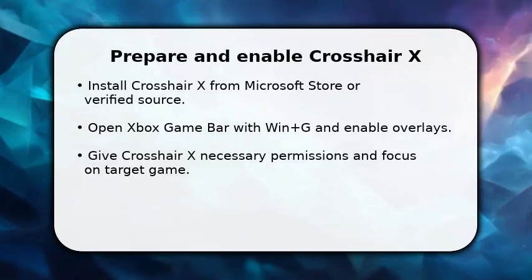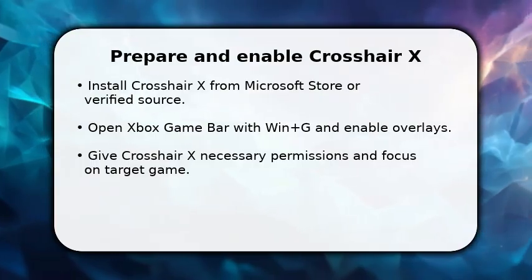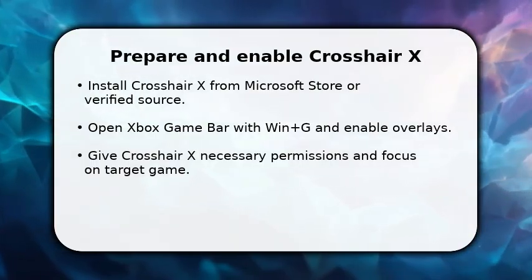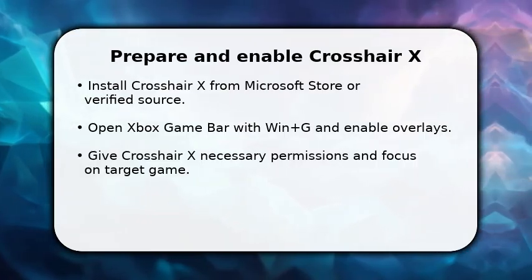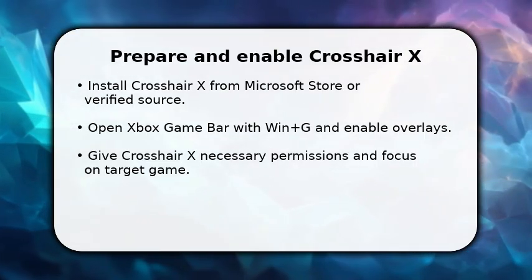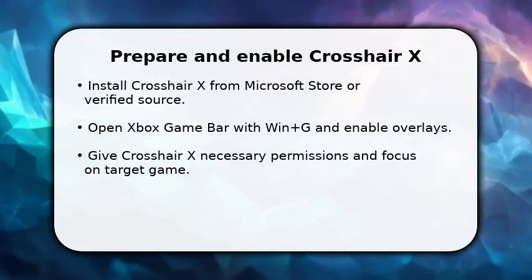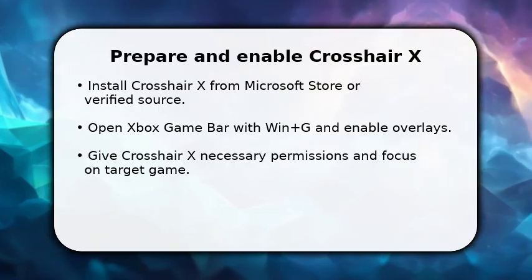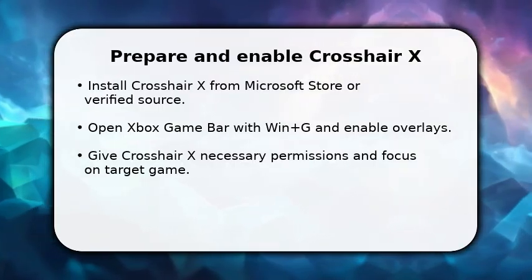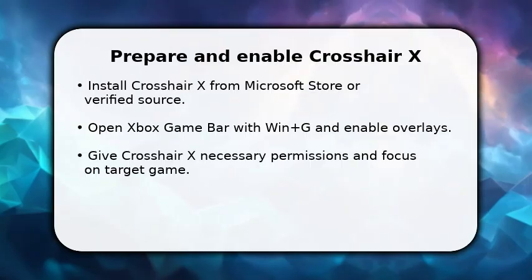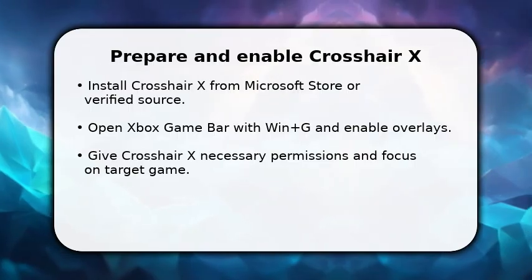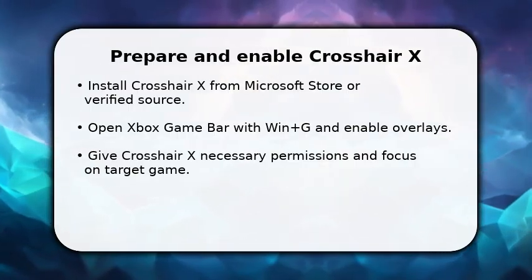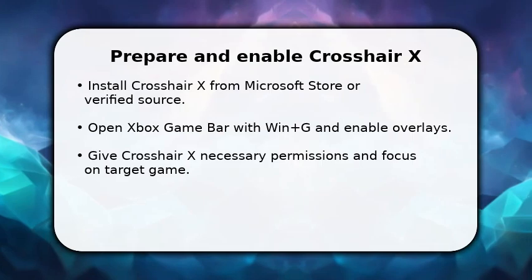You start by installing Crosshair X and opening Xbox Game Bar with Win plus G. This puts the overlay controls within reach. Once installed, enable overlays and allow Crosshair X permission to draw on top of applications. Next, select the game you want to use it in and make sure game mode or exclusive full screen doesn't block overlays. After those checks, open Crosshair X's Overlay panel and choose a base template to begin customizing your crosshair